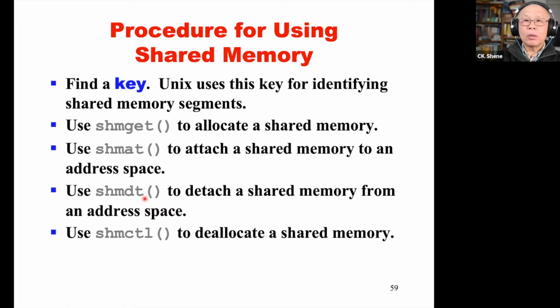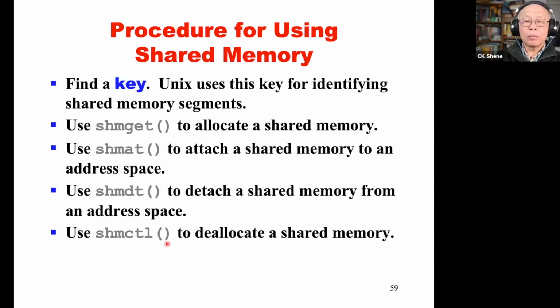After that, you cannot use the shared memory again. If you wish to use it again, attach it into your address space. The one who created or allocated shared memory by the use of shared memory get must deallocate it with the shared memory control